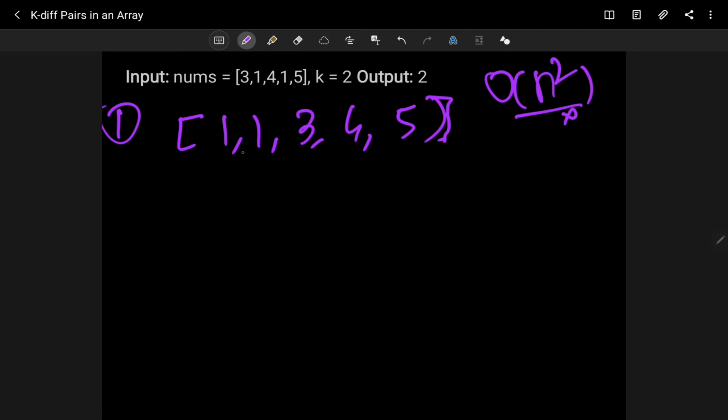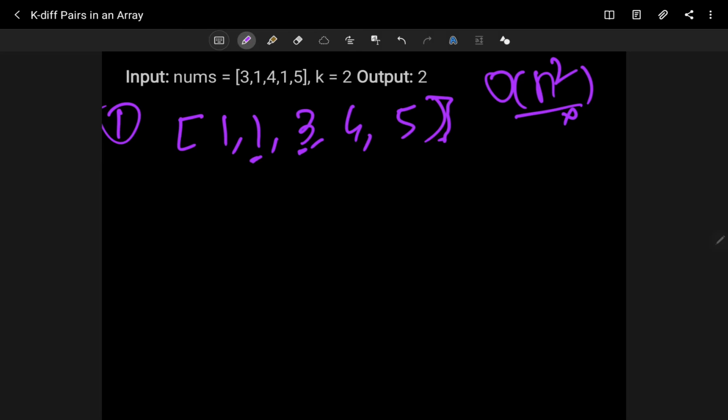Because suppose I am checking the difference with 1 and 3, I know that the difference is 2 here, so there is no need to check with 1 and 4 because it's sorted. On the right side of 3, the numbers will obviously be larger than 3, and similarly on the left side, they will be smaller. So whenever I get my difference, that is 2, we should not check further pairs like 1 4 and 1 5; we can skip those. So this is the advantage of sorting.